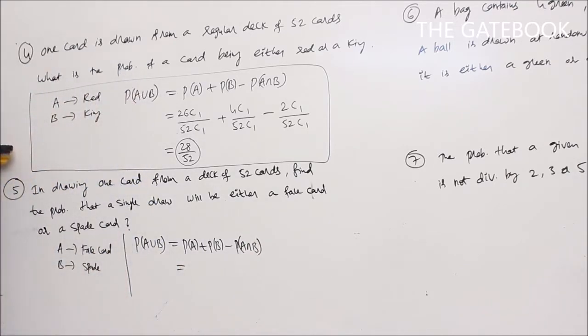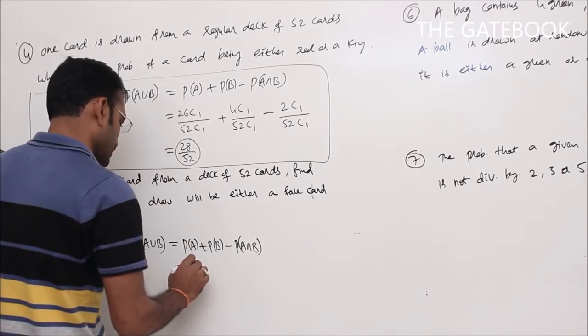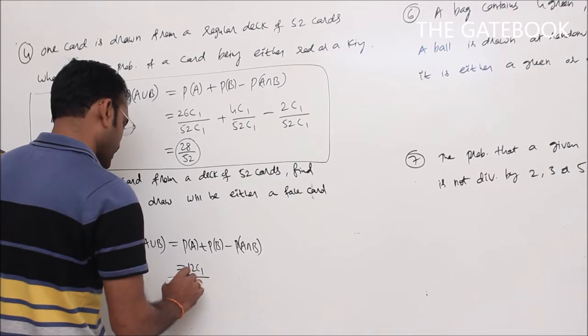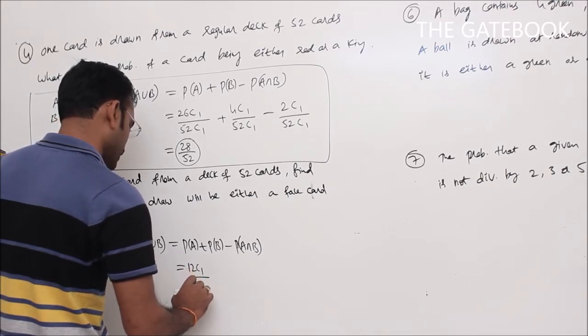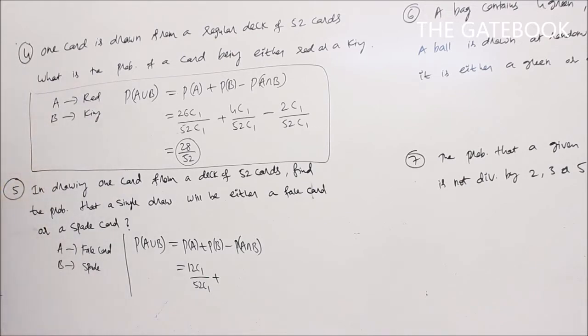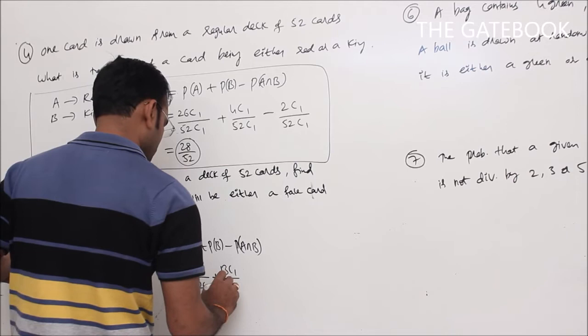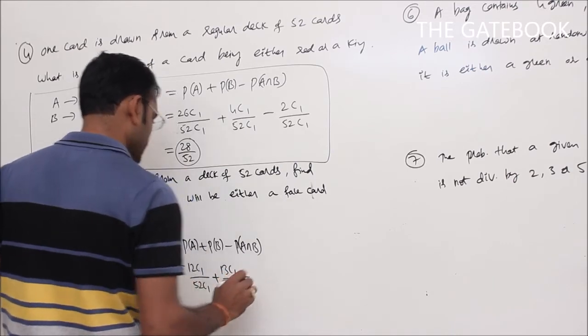There are totally 12 face cards. Out of 12, let us draw only one. That can be done in 12C1 ways. So 12C1 by 52C1, plus the probability of drawing a spade card. There are totally 13 spade cards, so 13C1 by 52C1, minus